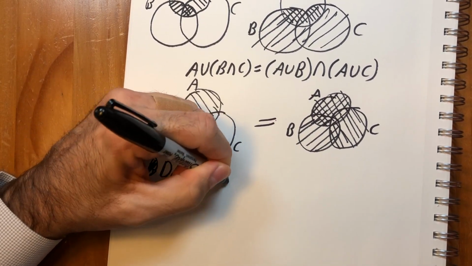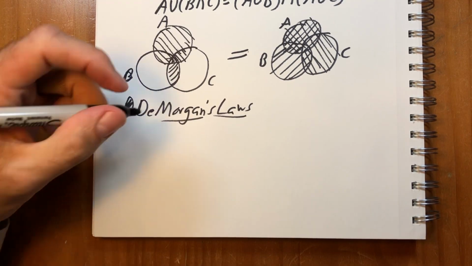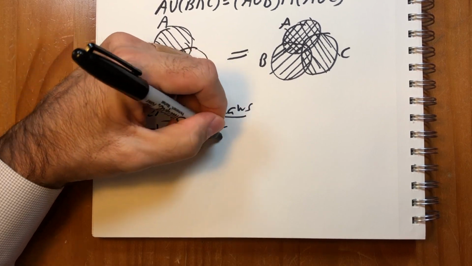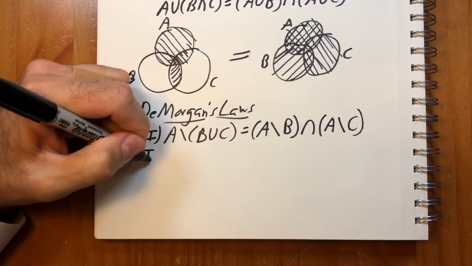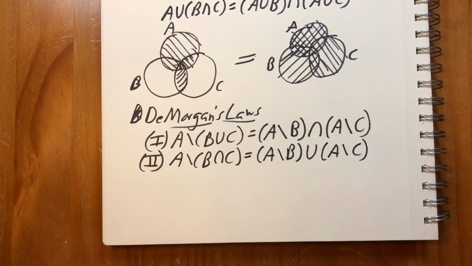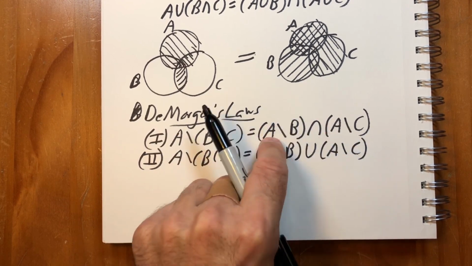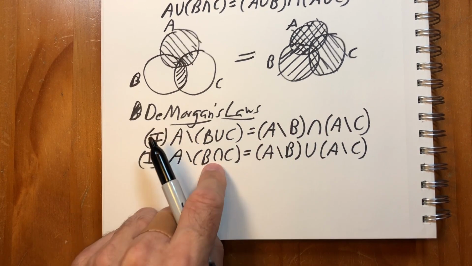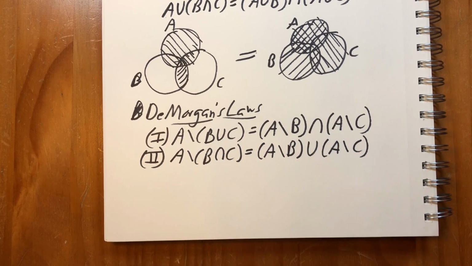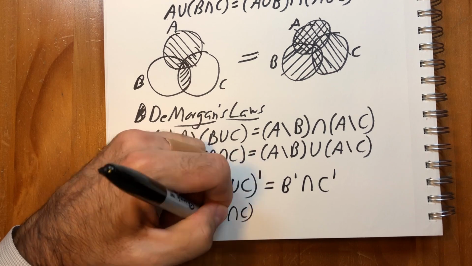Now we also have De Morgan's laws. These are super important, and we will be using them frequently. Verbally, these just say that the complement of the union equals the intersection of the complements, and the complement of the intersection equals the union of the complements. And if we think of set difference as complement and we understand the enclosing set, then we can also just write these as